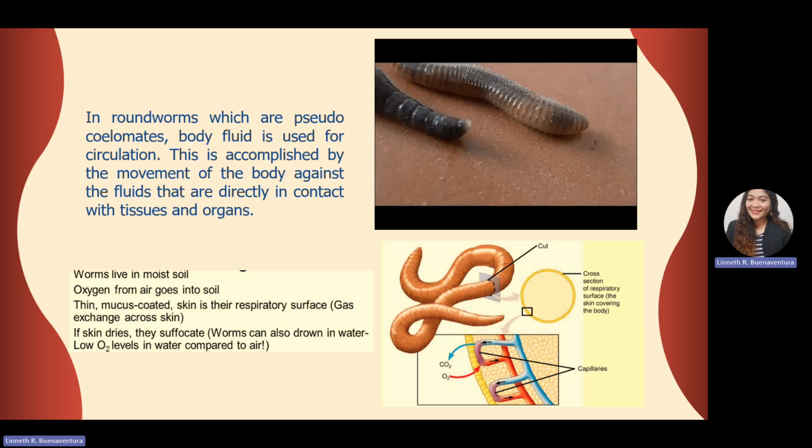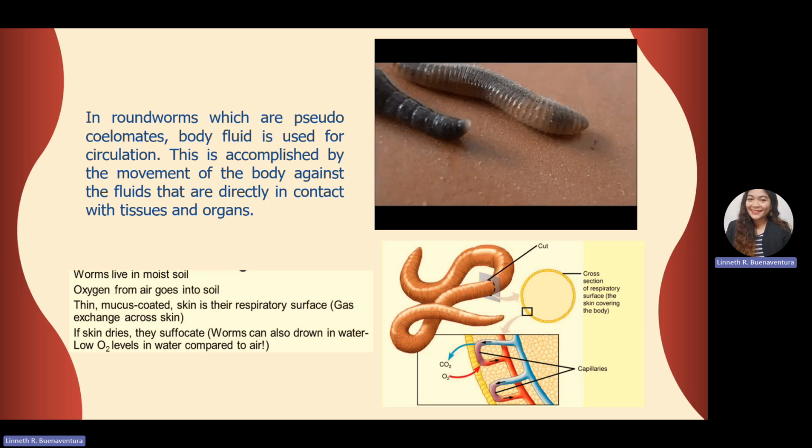And we have some terrestrial animals such as roundworms. They are the pseudocoelomates. The body fluid is used for circulation. So they don't have blood vessels, just a false cavity. This is accomplished by the movement of the body against the fluid that is in direct contact with tissue and organ. That's why most of the worms, or earthworms, which are considered roundworms,